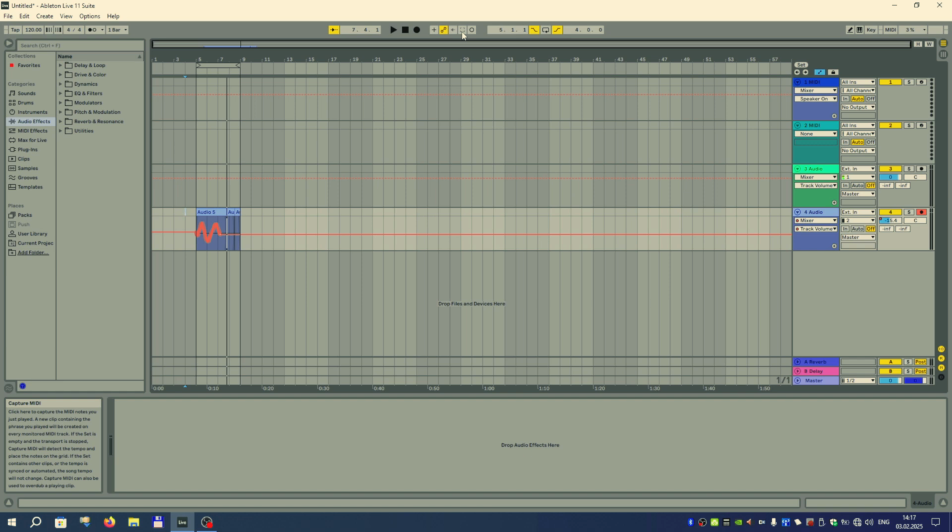Okay, and then finally there is a session record button, which will record a clip from a currently armed track into the session view clip of the corresponding track. And if you record anything this way, you'll have access to these recordings when you switch back to the session view. Now let me show you what I mean.